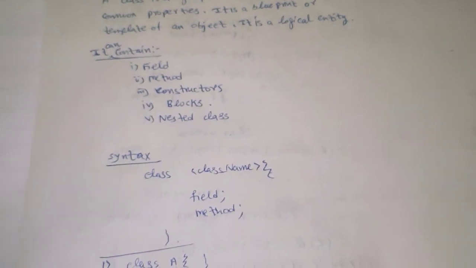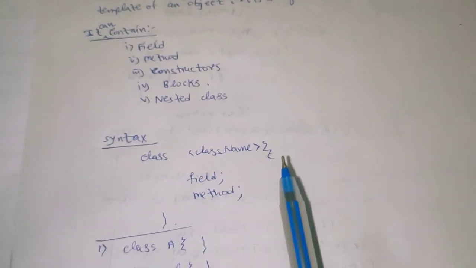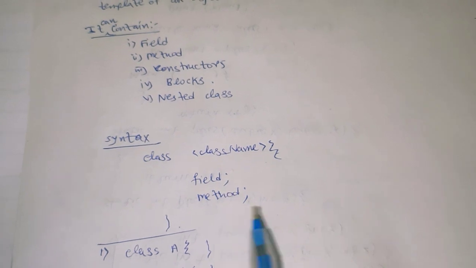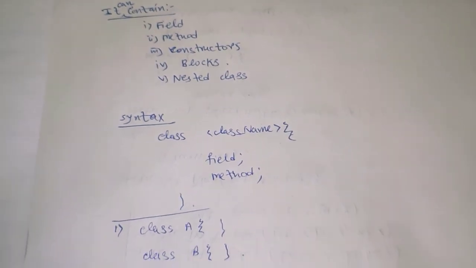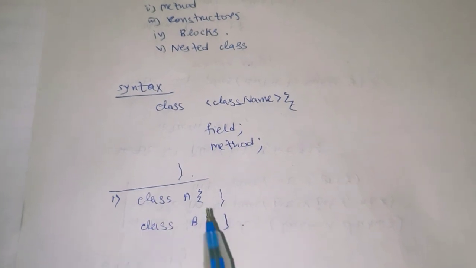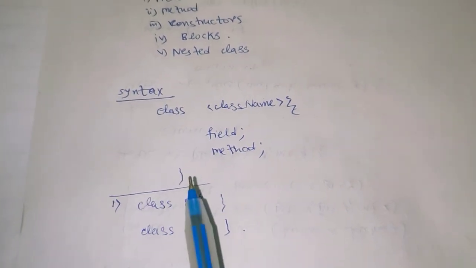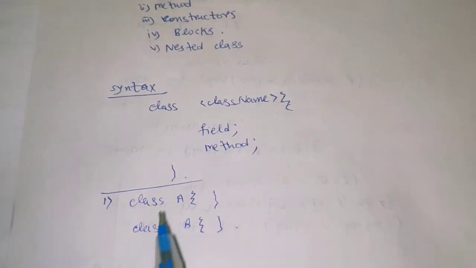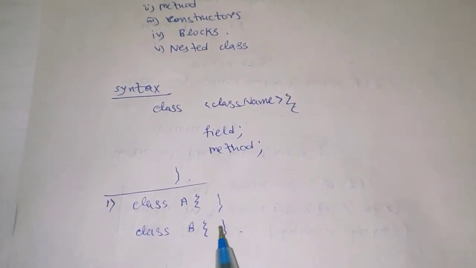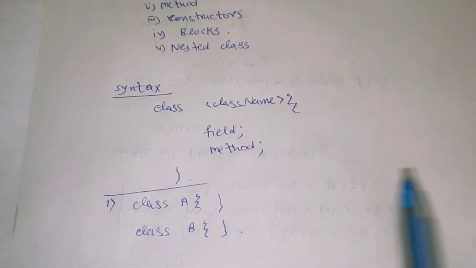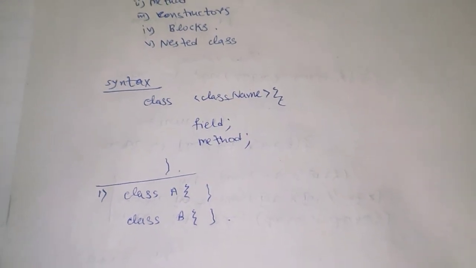So here is the syntax of the class. Class name, curly braces, fields and nested classes and methods, and curly braces closed. Suppose here are two classes and we are using an IDE, and here we are writing class A and class B, and in class B we are writing the main method, and we save a file